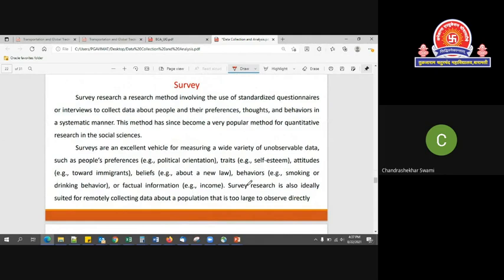Okay, but while collecting the information, there are different ways of collecting the information. One is the survey technique. Survey research is a research method involving the use of standardized questionnaires or interviews to collect data about people and their performance and behavior in a systematic manner. This method has since become a very popular method for